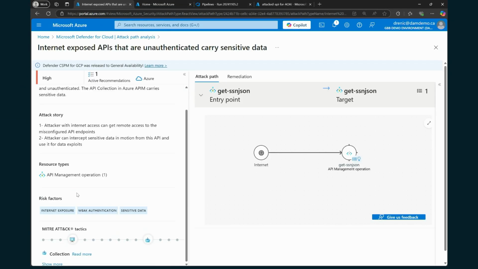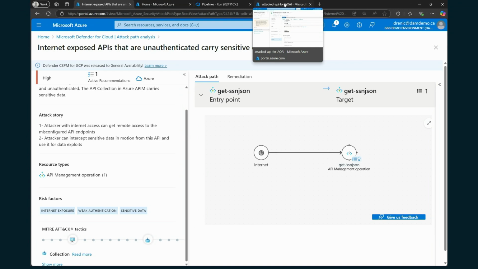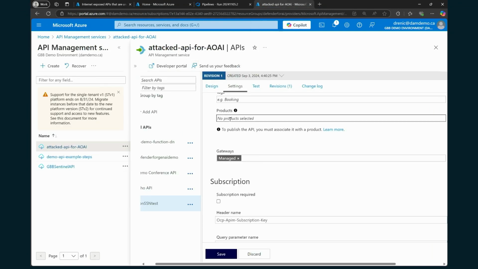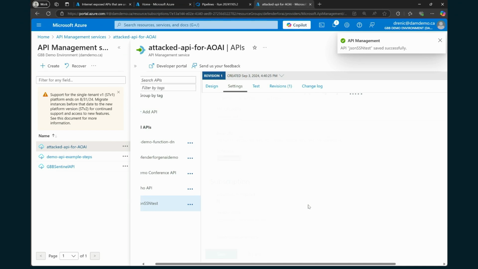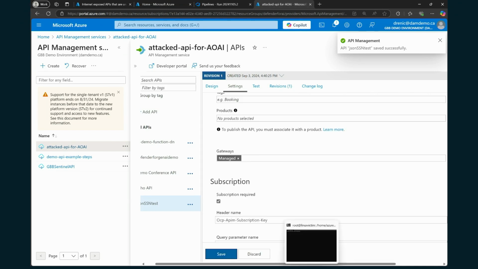I'm going to show you an example of how one button in the portal can be the difference between your sensitive data being safe and your sensitive data being at risk. And that one button is subscription required. There's a couple of other ways to do this, but this is one of the ways that I could require authentication into my APIs. I just clicked that because if it wouldn't have been clicked, it wouldn't have shown you the lateral path movement. So right now I'm going to run it real quick,